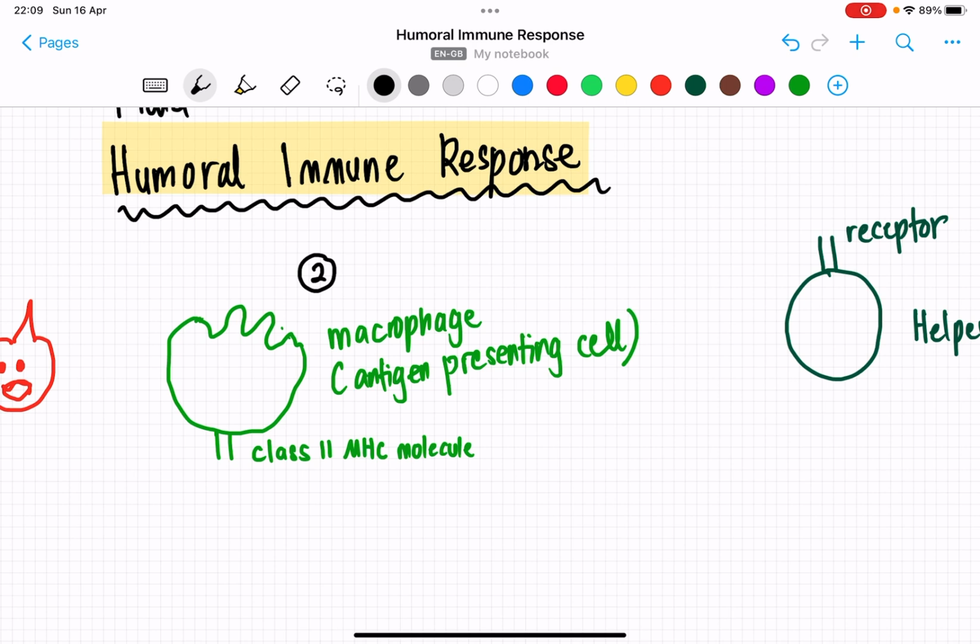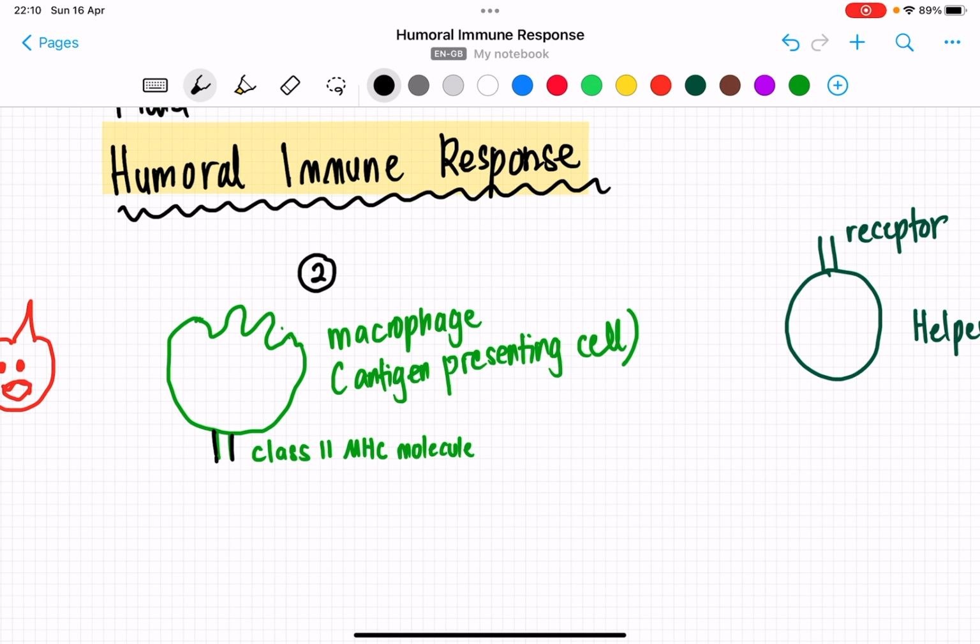Antigen presenting cell has class 2 MHC molecule. Class 2 MHC molecule is like a receptor, but it is not a receptor. It looks like a receptor located on the surface of the macrophage. The function of class 2 is to present the antigen fragment on the